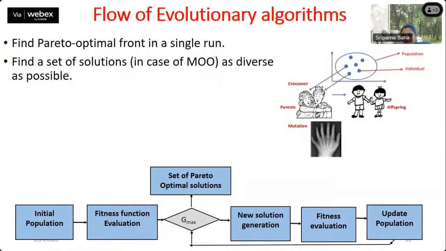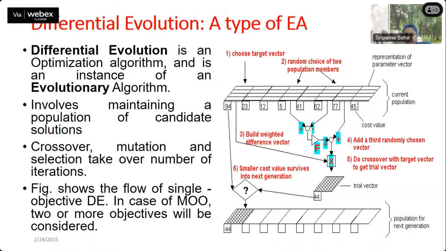And this way, there will be iteration. There is a loop, and the loop will continue until we get G max, the maximum number of generations. And finally, we will be getting a set of Pareto optimal solutions, and those will be reported. So